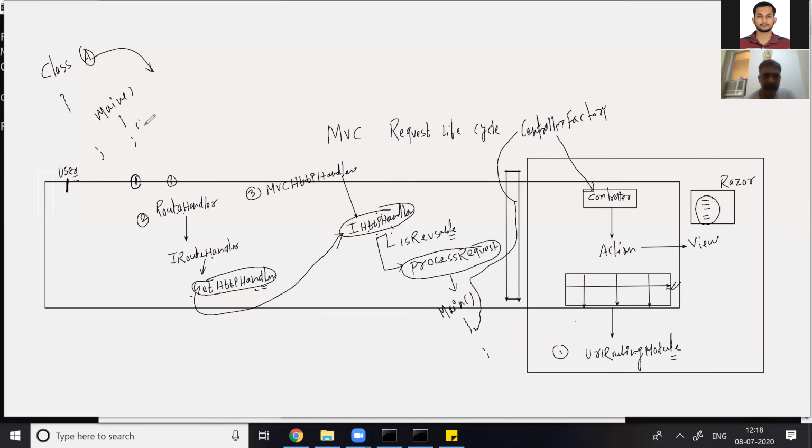So we write A a1 = new A. Internally, the controller factory is responsible, somewhere, for writing the new operator for the controller.